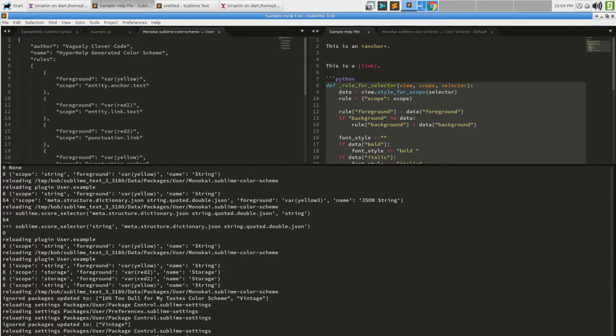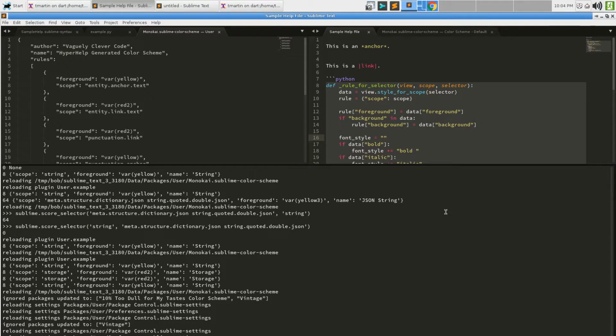So it's in the packages folder in a package called 10% too dull for my tastes color scheme, because whoever runs Scotch.io comes up with terrible package names, in my humble opinion. I don't like spaces, I don't like percents. And it's named Scotchy, and the important part is it's a tmTheme.